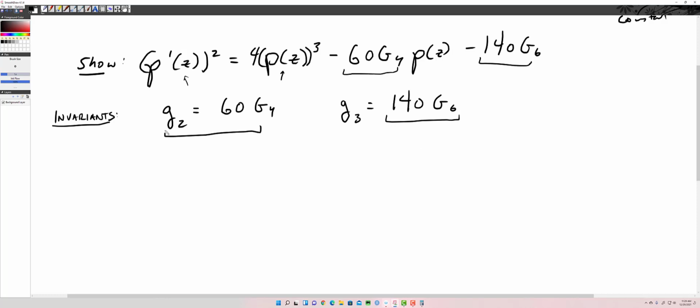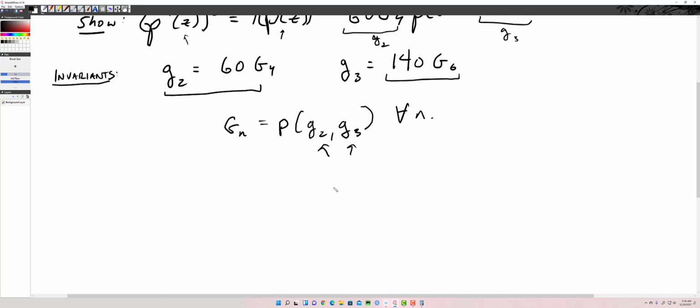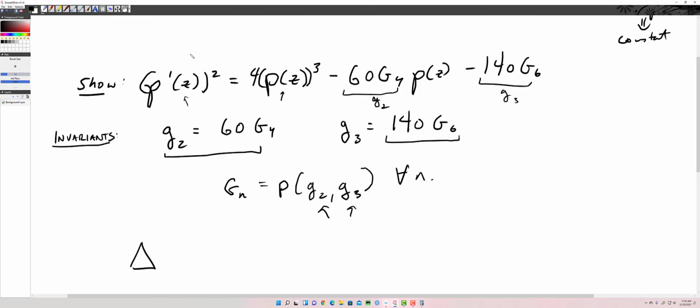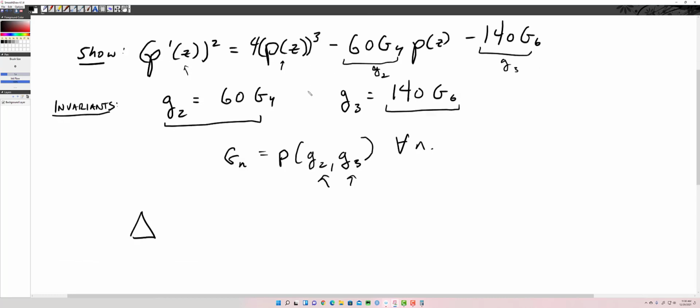The other thing is these invariants G2, which you see here, and G3, which you see here, actually spawn all the rest of the Eisenstein series. In other words, Gn can be written as a polynomial of G2 and G3 for all n. So we really only need to look at these two things. Now the next thing I'm going to say, and then I'm going to drop it for a second, is that there's also a discriminant to this equation here. If we just considered this to be a cubic equation, the discriminant would be,